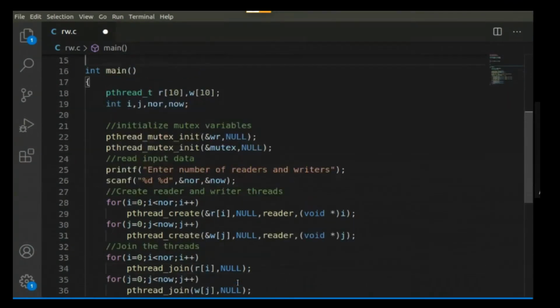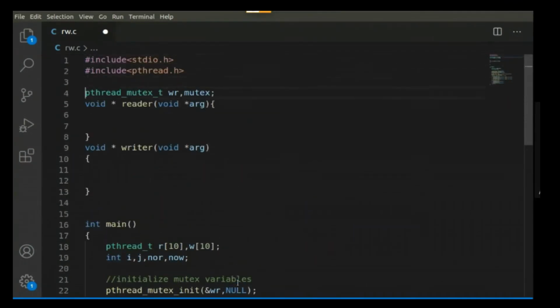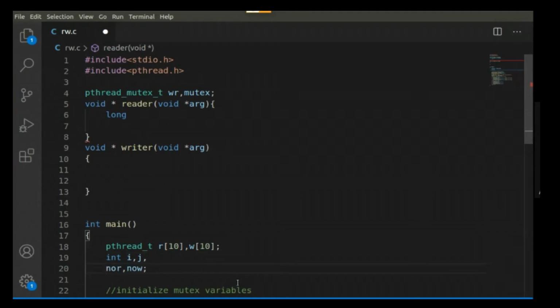Now we have to just write the main program, that is, the main logic for a reader and a writer. First thing, whenever we enter the thread routine, at that time we convert this void star argument to an integer argument. So take here long int, and this should be a long int only. Let me remove this and write it as integer, and let me change the data type of this to long int.